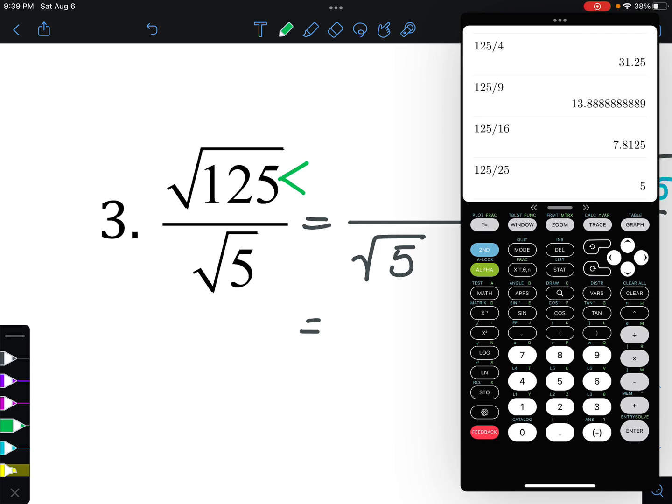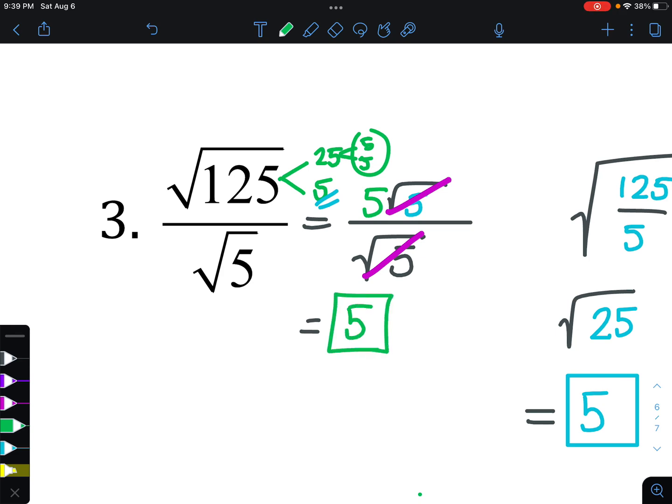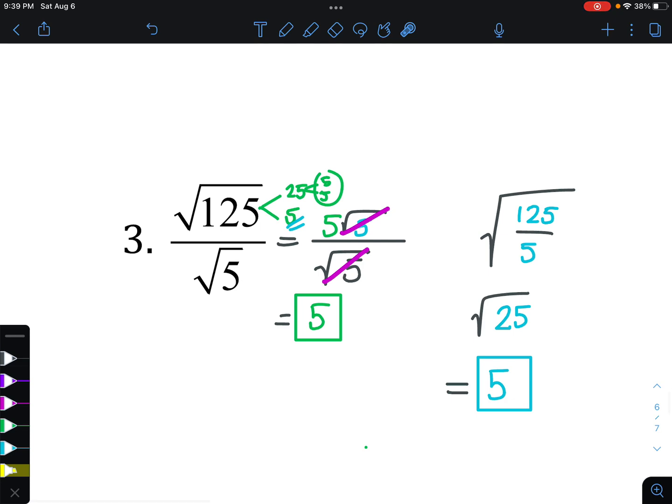We said it's 25 times 5. So if we were to do it this way, then it would be 5 times 5. The 5s would escape, and this 5 would be left underneath. Do you guys see that this square root of 5 divided by the square root of 5 cancel? It equals 1, and then we'd get the same final answer of 5. So you'll see that sometimes you have a choice, right? We could